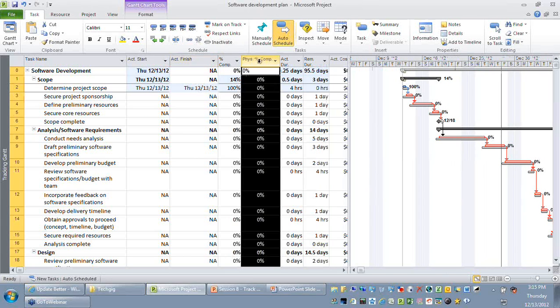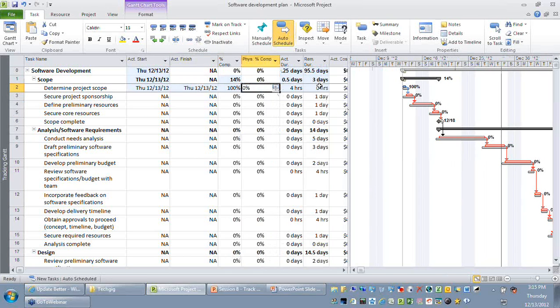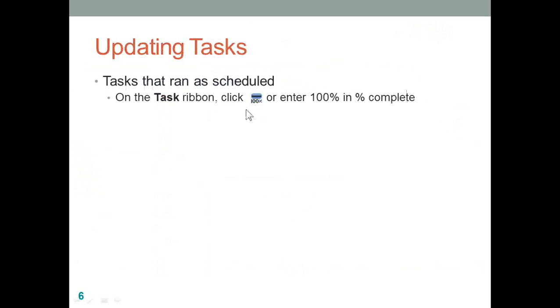You can see there is a column called physical percentage complete. Remember, this column indicates the output completion. For example, you might say that the duration of this activity is only 2 hours, which means it is only 50% complete. But in terms of output or the deliverable, it might be 75% complete. So depending on what the output you are trying to measure, you might try to enter the physical percentage complete column here. So I'm just going to undo it and have it as 100% complete.